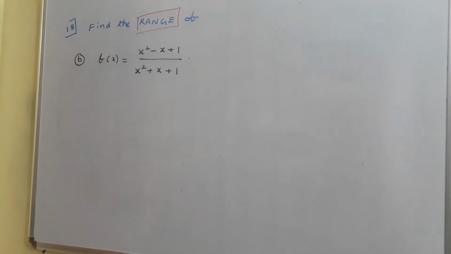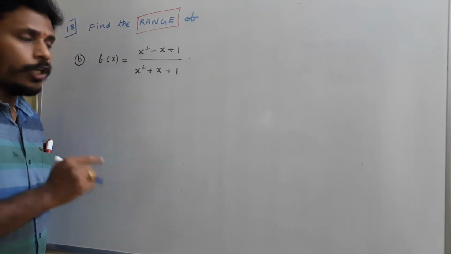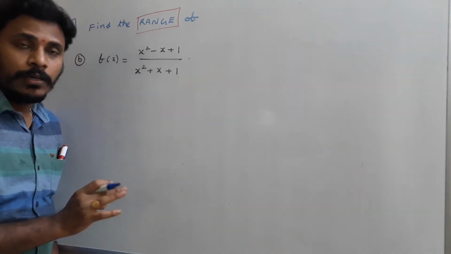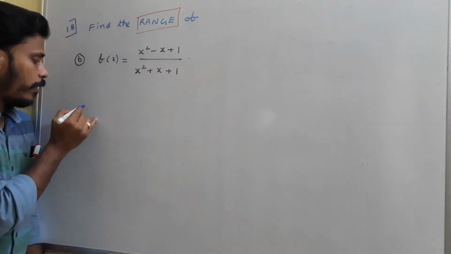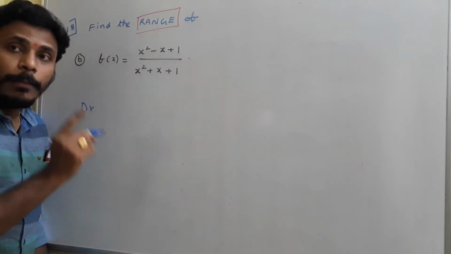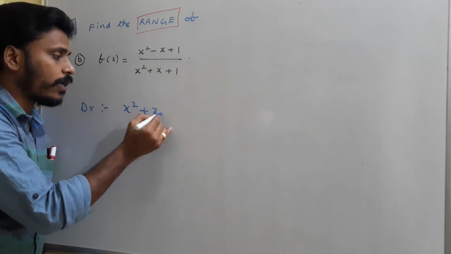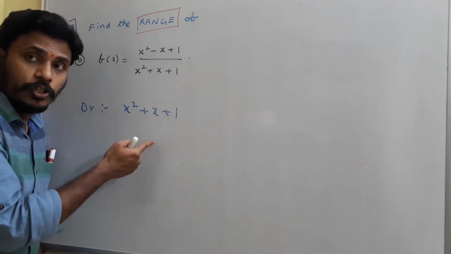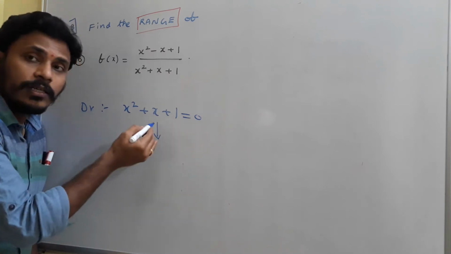Just have a look. To find the domain of this function, f of x is equals to x square minus x plus 1 by x square plus x plus 1, you need to think about the denominator for domain. The denominator is x square plus x plus 1. First of all, actually we need to find the range, but first I am thinking about the domain, and here the denominator is x square plus x plus 1. Whenever it is 0, you just search for an x for which it is 0. That means whenever this x square plus x plus 1 is 0. Now if you wish to find, it has no roots.